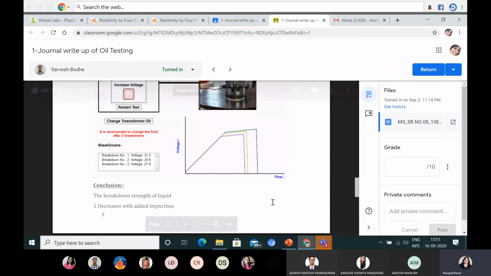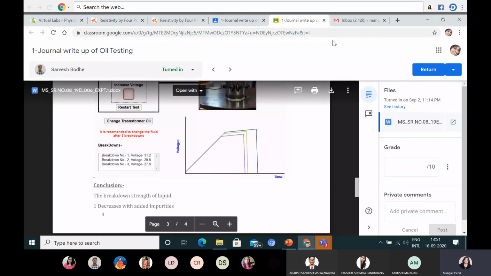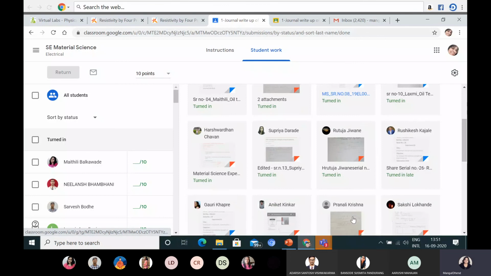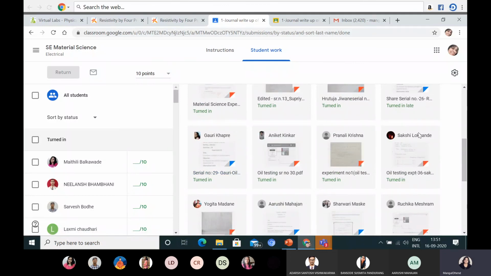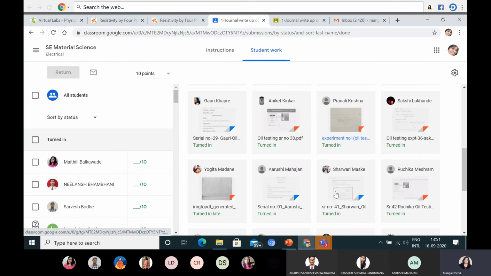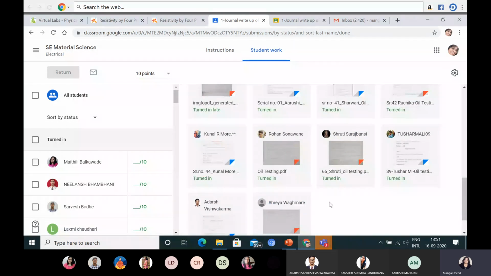Even at this stage, I am not asking for a graph, but if you plot a graph, that will be better. I don't know whether you have graph paper or not, but I will not ask you to go outside and bring graph paper. We will see when they ask us to do something. But for the time being, just start uploading. Now I will create folders, or you can upload in the respective experiments.